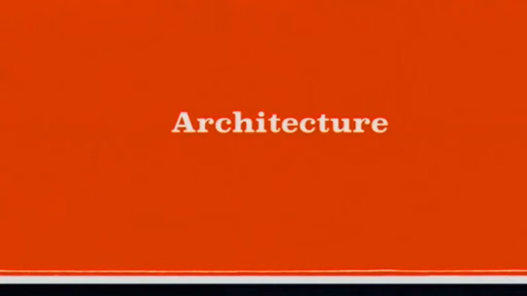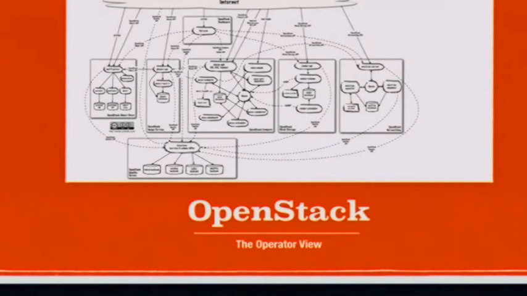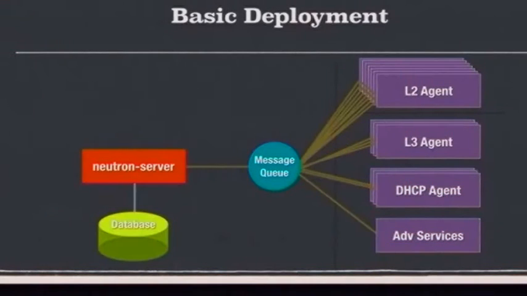So, the architecture of Neutron and OpenStack in general. I think I'm required, anytime you talk about OpenStack, to show this diagram. If you've seen it, please don't run away in terror. It is quite scary. But what we're going to do is zoom in on a smaller part of it and take a look at what Neutron looks like. So we can take that scary diagram and convert it down into something that's a lot simpler. Essentially, Neutron has several parts. It's backed by a relational database, which is where all the logical information